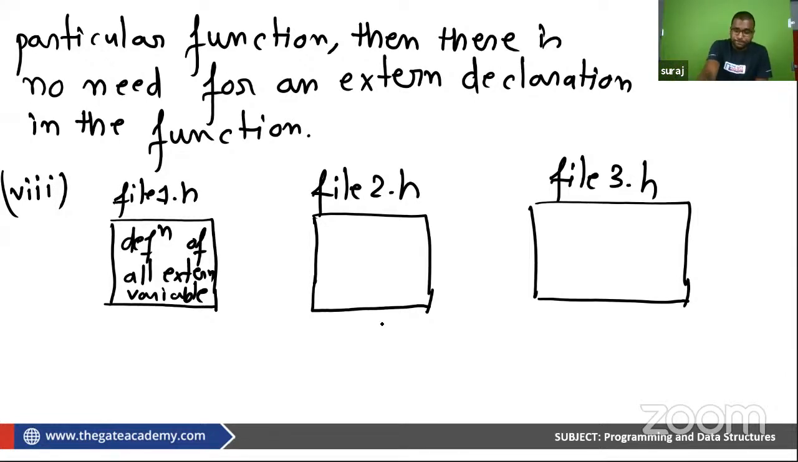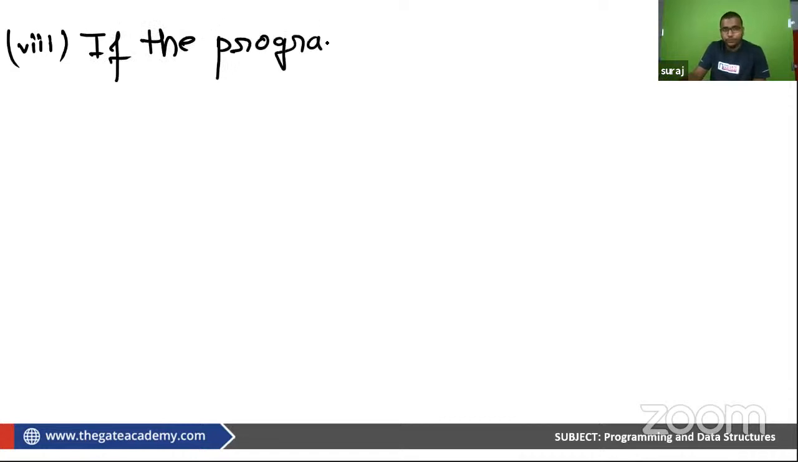Think and tell me how you can connect. So if the program, now I'm writing that, if the program is in several source files, think, you will get the answer. If the program is in several source files,